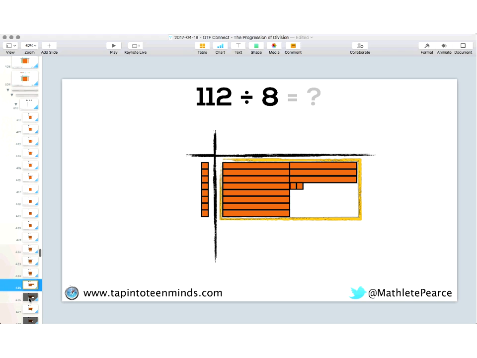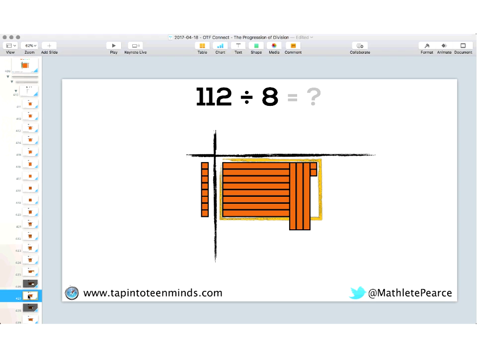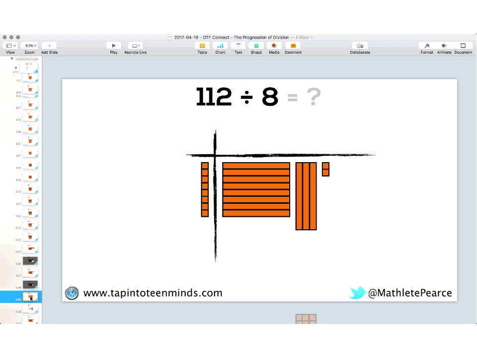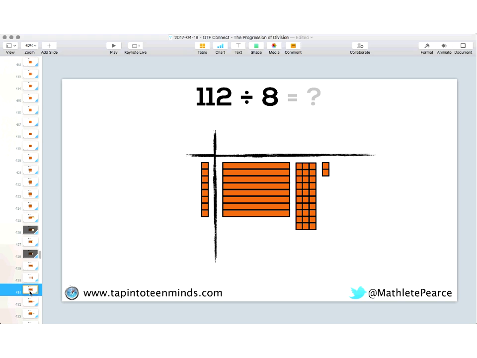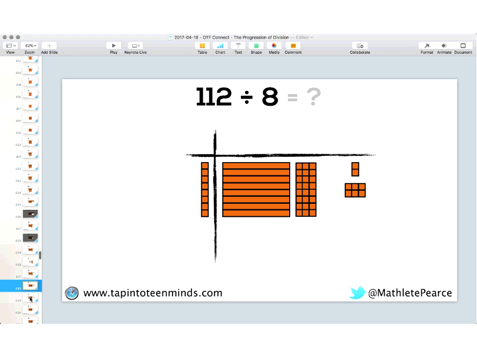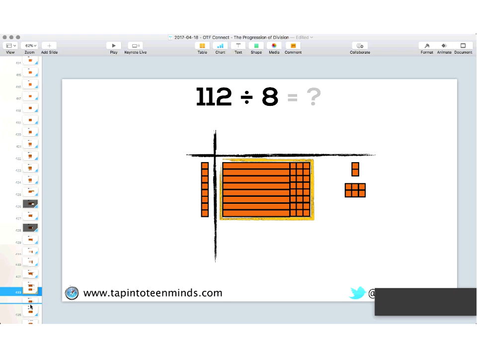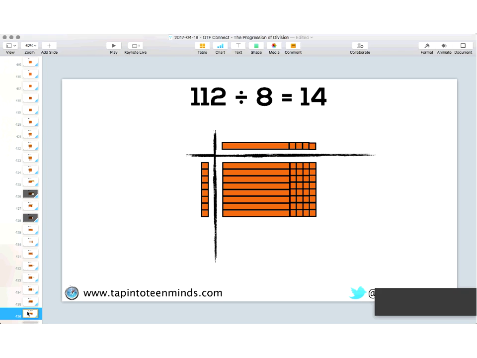Even if I try to bring them to the other side, they're not fitting in very nicely. So I'm going to have to find a way to fill in these gaps. Right? No matter how I rearrange them. So I'm going to have to start breaking down my 10 rods, and I'm going to have to start fair sharing these units. And when I do that, I end up with the following. And you'll see that what is outlined is our missing answer, which is 42.